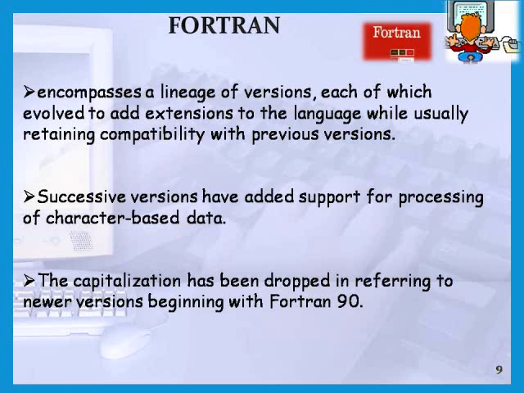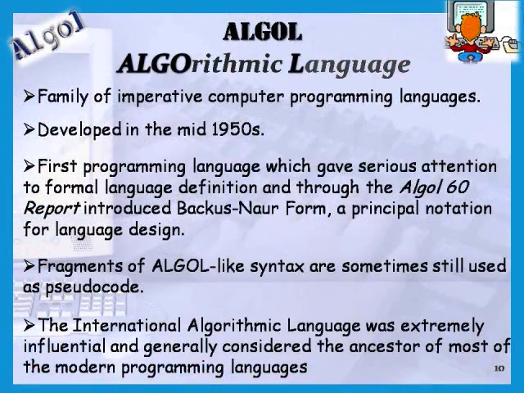The names of earlier versions of the language through Fortran 77 were conventionally spelled in all caps. The capitalization has been dropped in referring to newer versions beginning with Fortran 90. The official language standard now refers to the language as Fortran, because the capitalization was never completely consistent in actual usage. Algol, short for algorithmic language, is a family of imperative computer programming languages originally developed in the mid-1950s, which